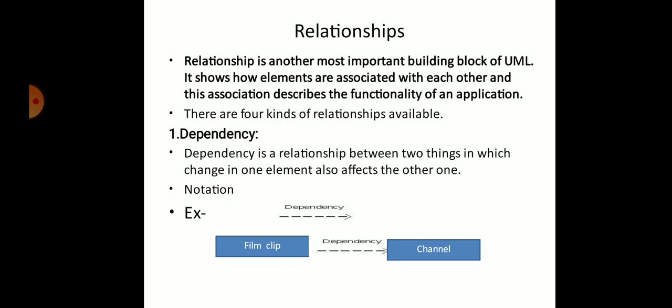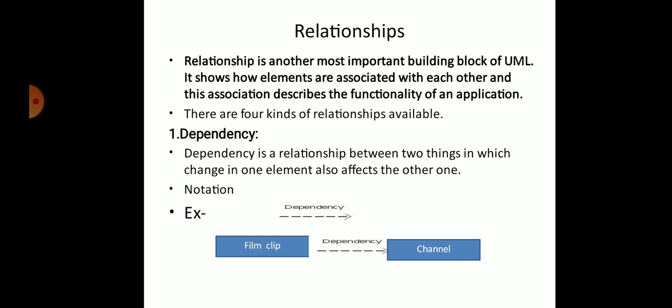Next important thing is relationship. Relationship is another most important building block of UML. It shows how elements are associated with each other, and this association describes the functionality of an application. There are 4 kinds of relationships available. First one is dependency.